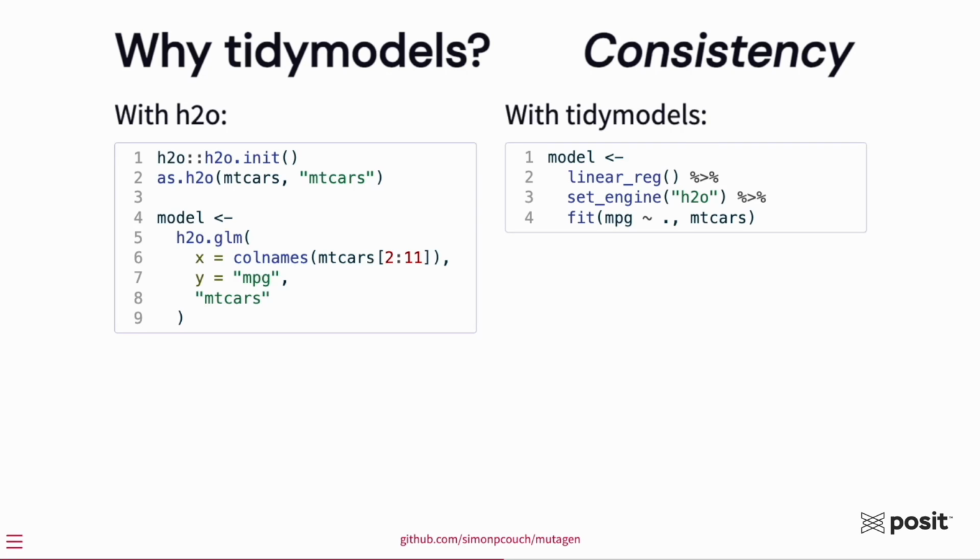Also, the h2o.glm function doesn't take the values of the predictors. Instead, it takes the names. So I take the names of the mtcars dataset, the portion of it that has the predictors in it, and the same goes for the outcome. It takes the name of the outcome in the mtcars dataset as a string. So for all of this change in the code, again, I would need to spend time to read through the documentation, see how that interface changes, and only once I've done so can I make use of the functionality within H2O. And with tidy models, I just get that for free by changing the engine argument.